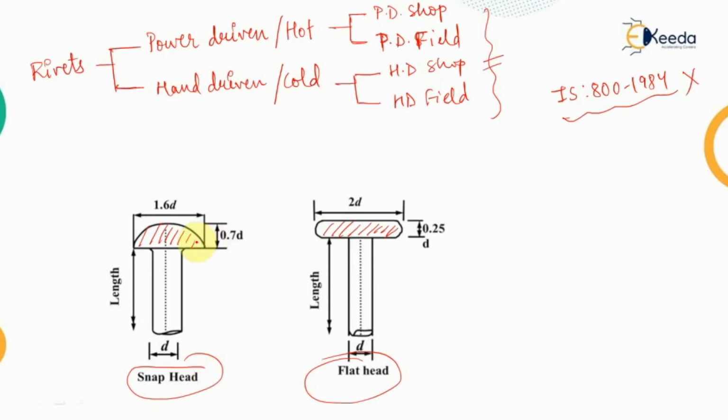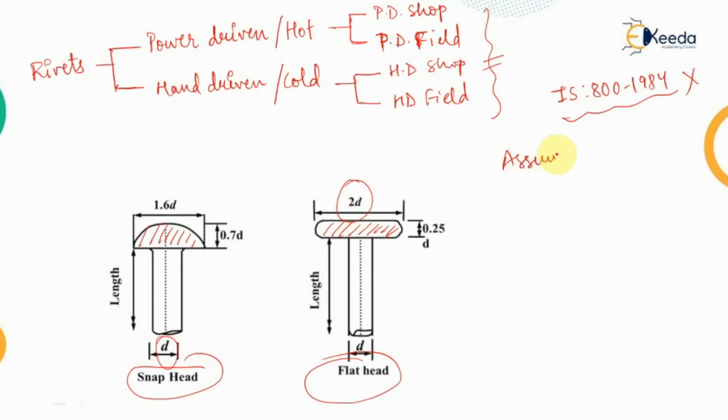Now in the case of the snap head, if the diameter of the shank is d, then the diameter of the head of the rivet is kept as 1.6 times d. While in the case of the flat head, it is taken as equal to twice the diameter of the shank. Now whenever we are providing the rivet connection, there are a few further assumptions which are